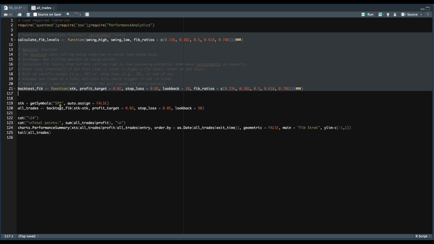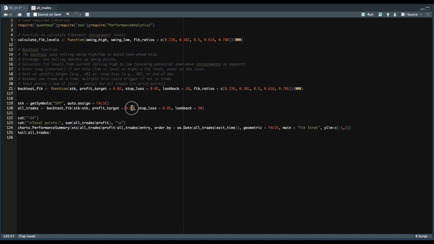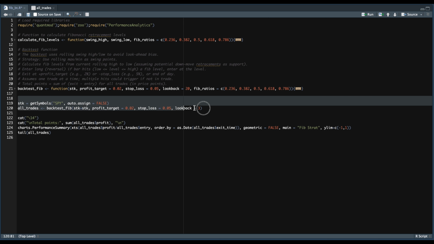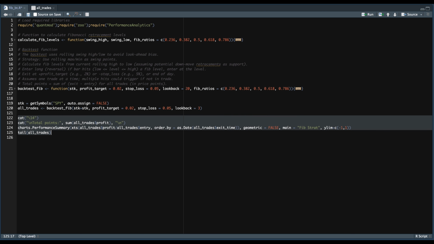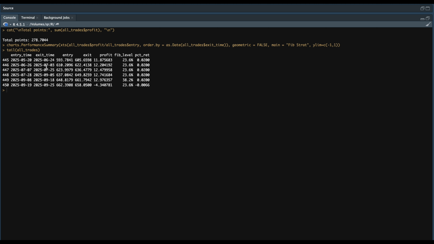Now from here you can change the ticker that you want to backtest, but we'll leave it as is, and any parameters for the backtest. So we'll do a 2% profit target, and we'll leave the stop loss at 5%, but we'll change the look back period to something short like 3, and we'll go ahead and run these two lines, and then we can go ahead and output and chart it. So if we were to trade this, it would have generated 278 points,